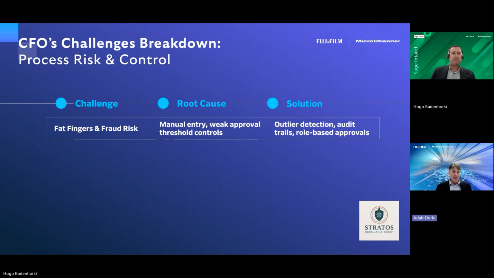So this will always be a control risk, and how well your process can handle it is very important to you being able to be an agile company and a growing company. Again, Intact and a good ERP system should have solutions inside the application to handle that. One of the strong things is outlier detection inside Intact, as well as audit trails and role-based approvals. But Hugo, please give us a feel of that inside Intact.